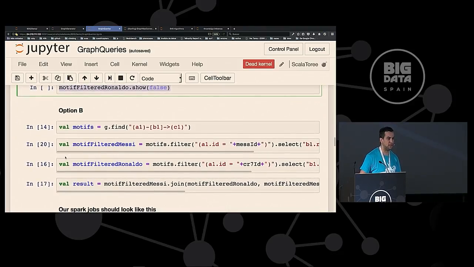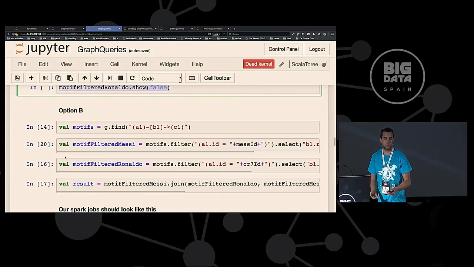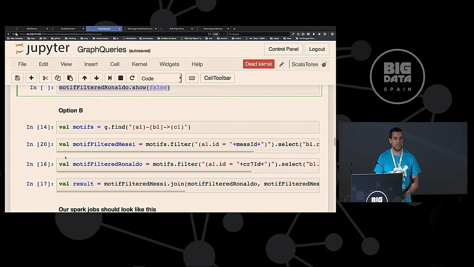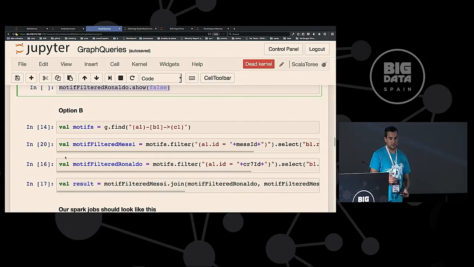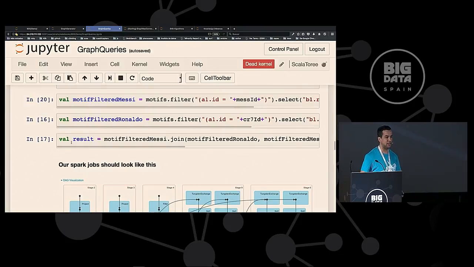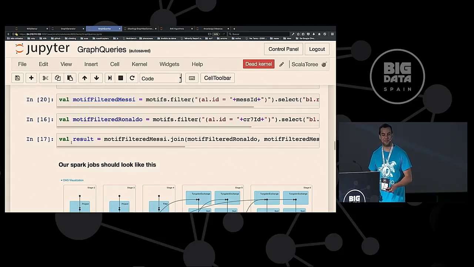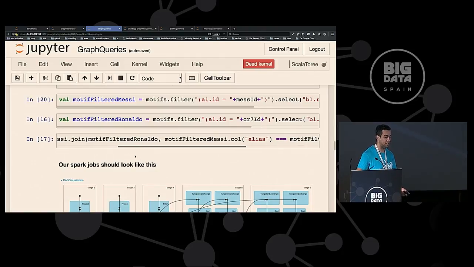Another way is to mix a search from DataFrames and use the Spark API. We can do whatever we want, for example, an inner join or a SQL search. So firstly, we can search a pattern, for example, the information from the relationships of Messi and Ronaldo, and try to guess the relationship they have in common, the business or whatever they have in common. And we can do it really easily and fast with an inner join